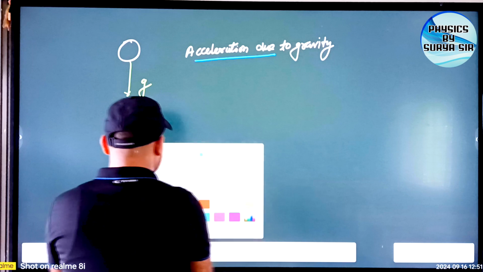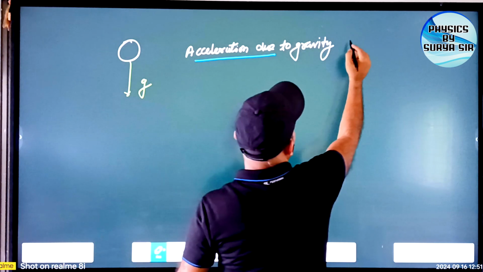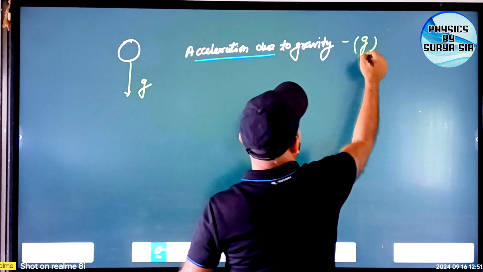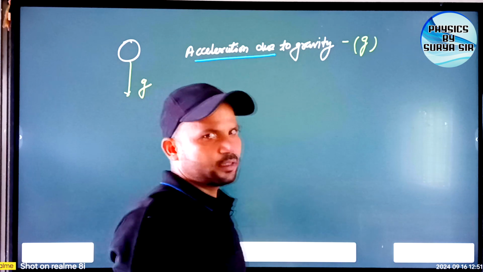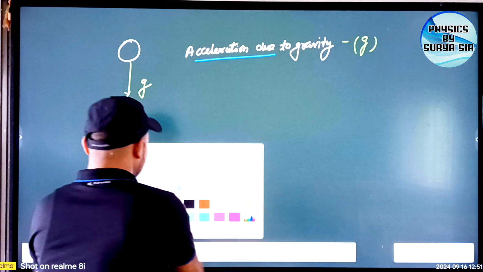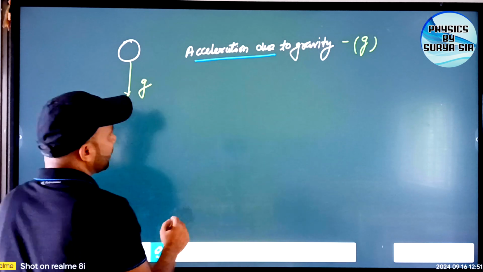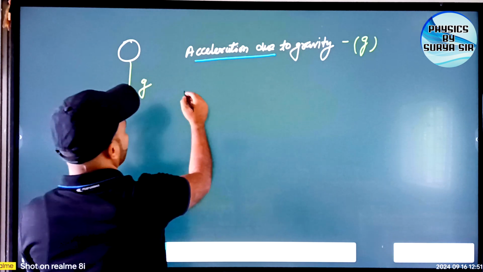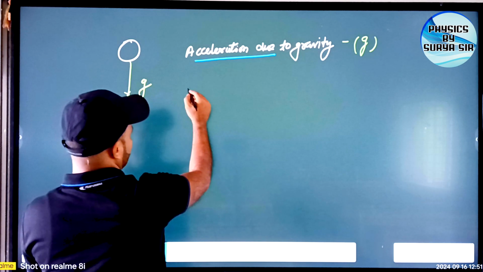Acceleration due to gravity is denoted by small g. Now what about its values? If we ignore the effect of air,